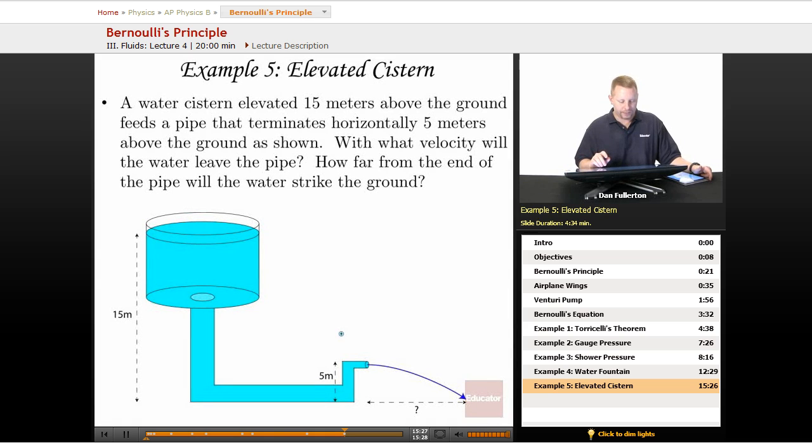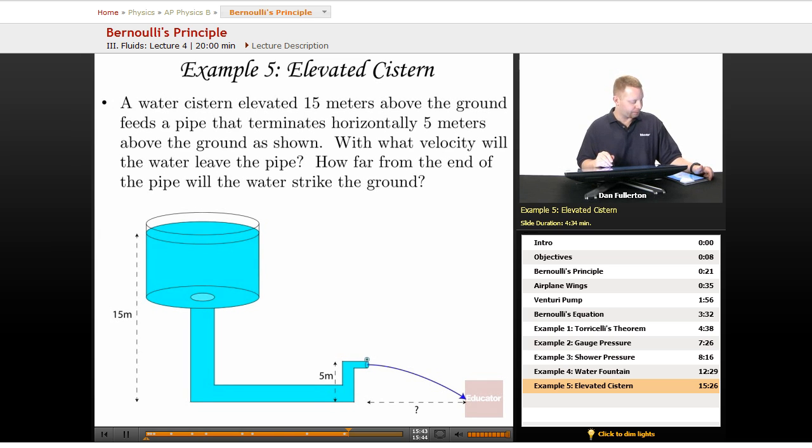An elevated cistern problem. We've got a water cistern that's elevated 15 meters above the ground, and it feeds a pipe that terminates horizontally 5 meters above the ground as shown. With what velocity will the water leave the pipe, and how far from the end of the pipe will the